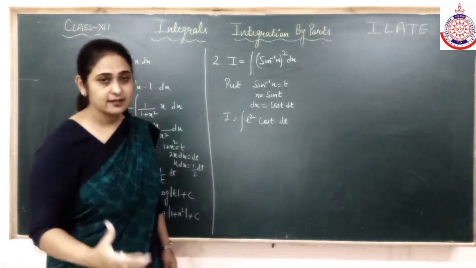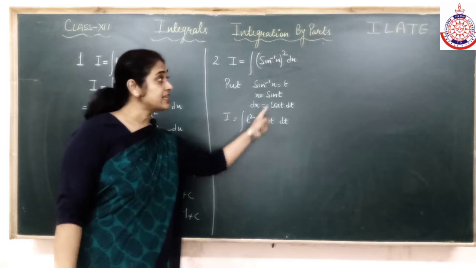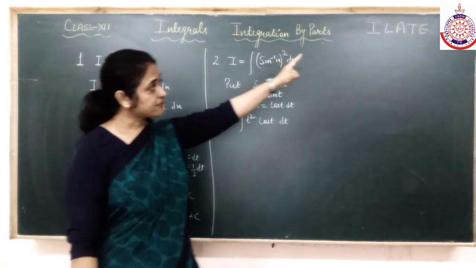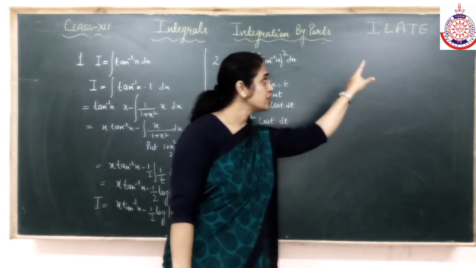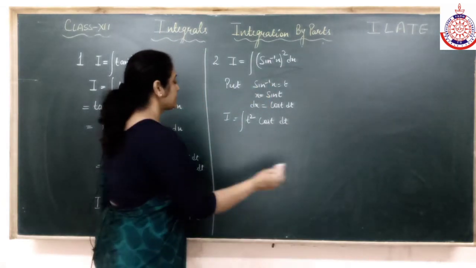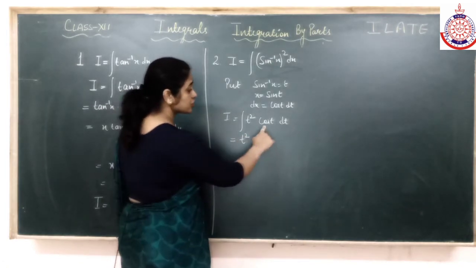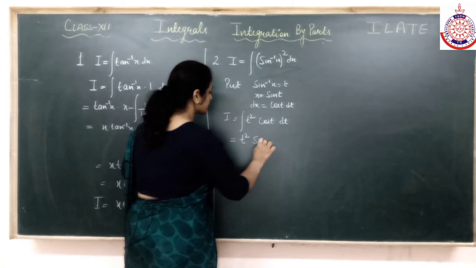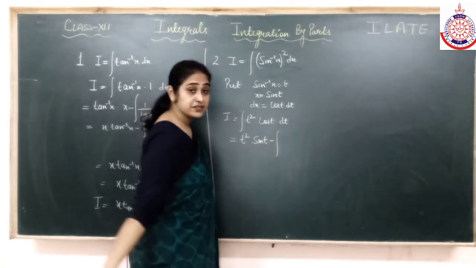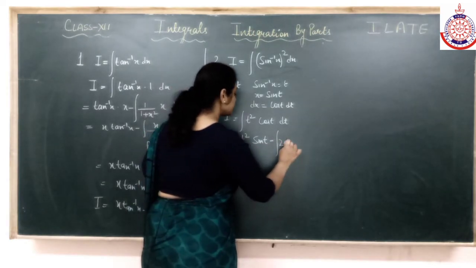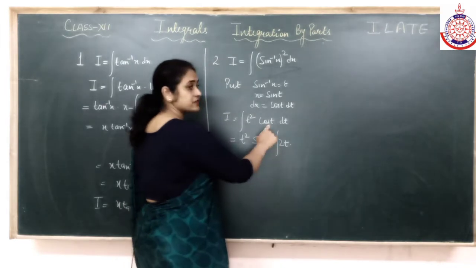So always think, children, you have to think. So you got the combination of algebraic and trigonometric. And in the sequence, algebraic should be the first, trigonometric should be the second. So start. First function as it is, integration of second. Cos integration is sin t. Minus integral of differentiation of t square, which is 2t, into integration of second, cos integration.